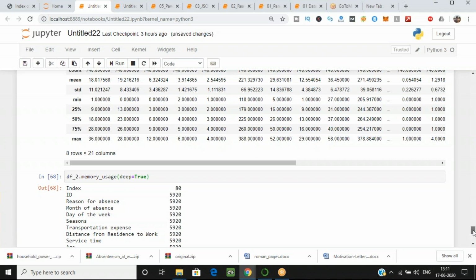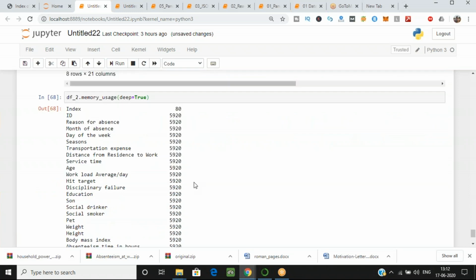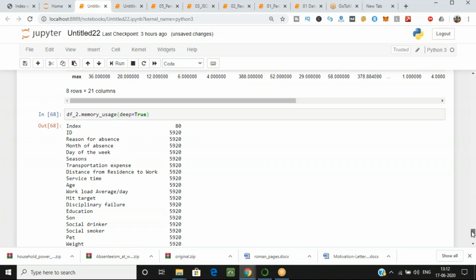Other data types are having 5920, and in some columns we don't need that much memory to store. How can they do that? For that we have to convert the integer 64 or the float values we have now, because we have seen earlier also that it is having integer 64 values. Wait, I'll show you also int64.